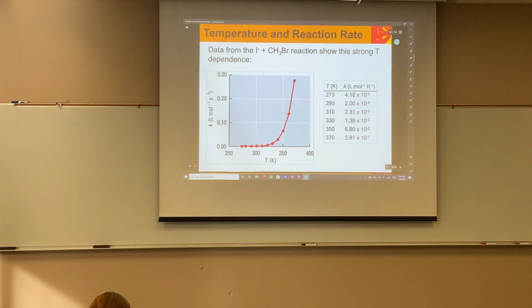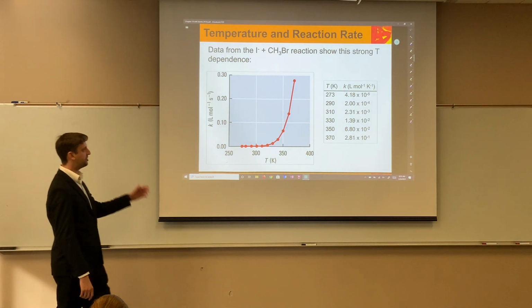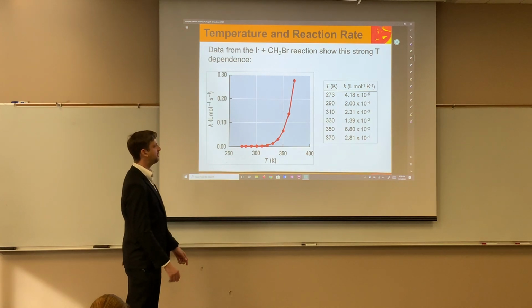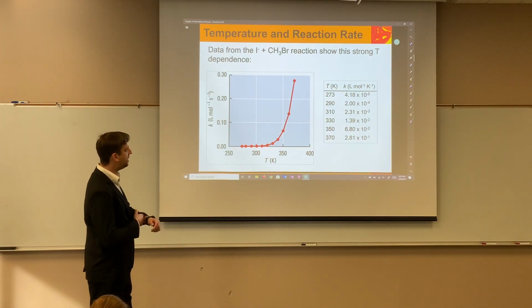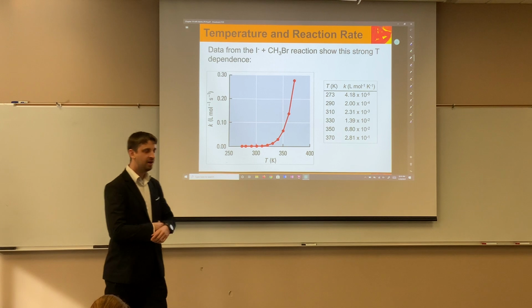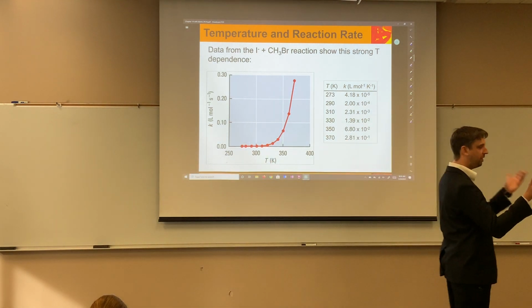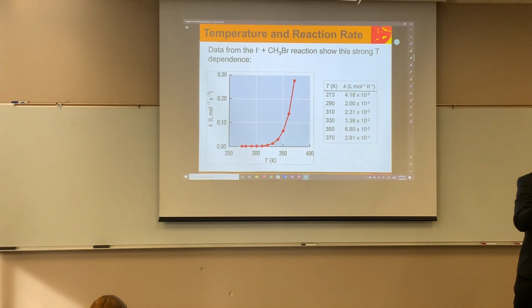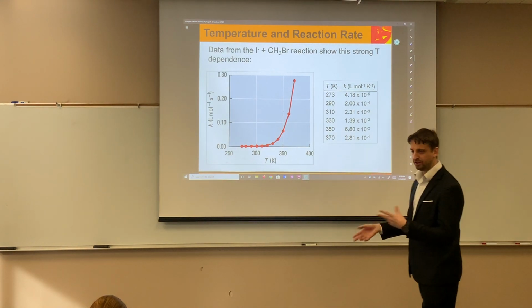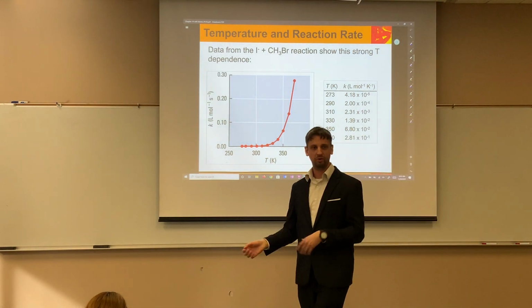All right. So now if we take all that idea here and start to look at some stuff, we can prove it to ourselves if we actually go measure this reaction. At different temperatures, we get different rate constants over there, and we can see that it starts to speed up as we add energy into the system, which makes sense. If you've got a beaker filled with iodide and a beaker filled with that methyl bromide, and you put them together, and you start to add energy to it, right, these things are starting to move around more.